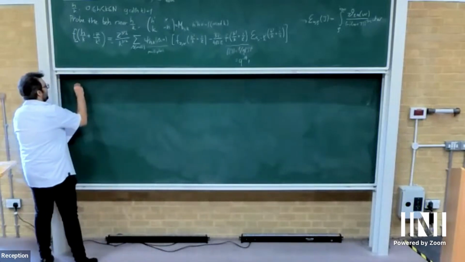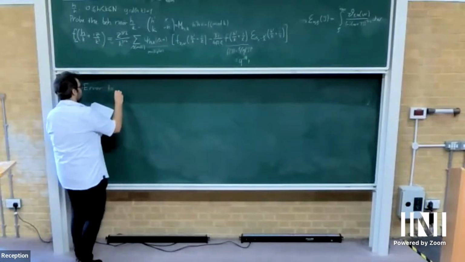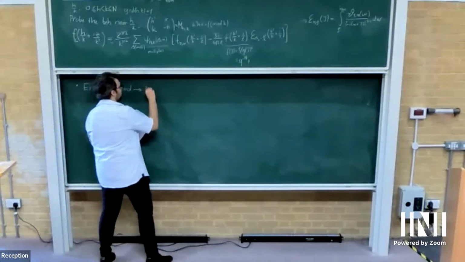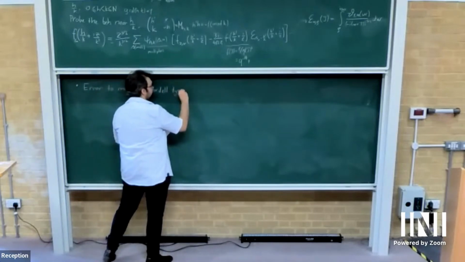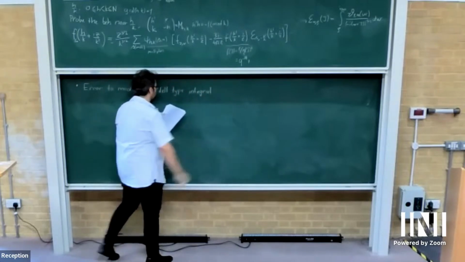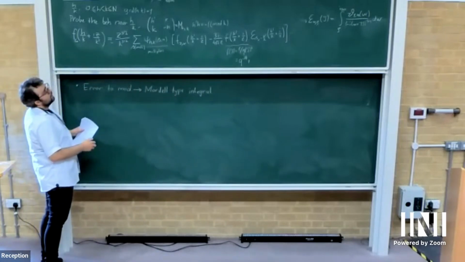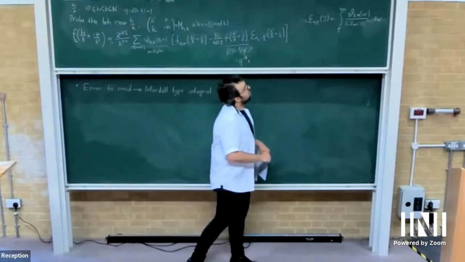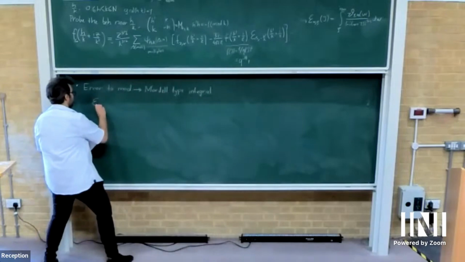All right, so our next step is, beside this, error to modularity. We're going to recast this in terms of what's called a Mordell type integral, where the graph behavior would be much easier to see. So what is that? Let me just insert, I have a theta function inside, so let me insert its definition there. So the error to modularity